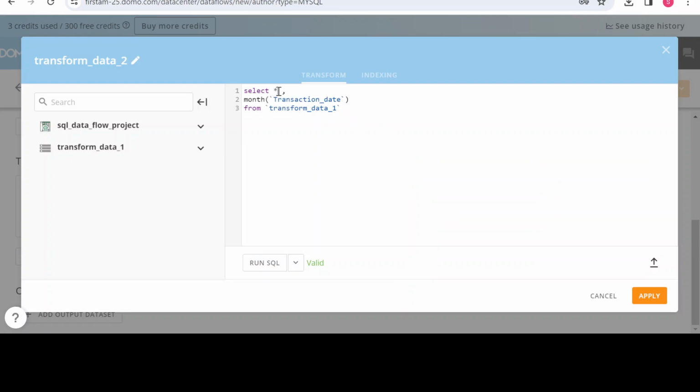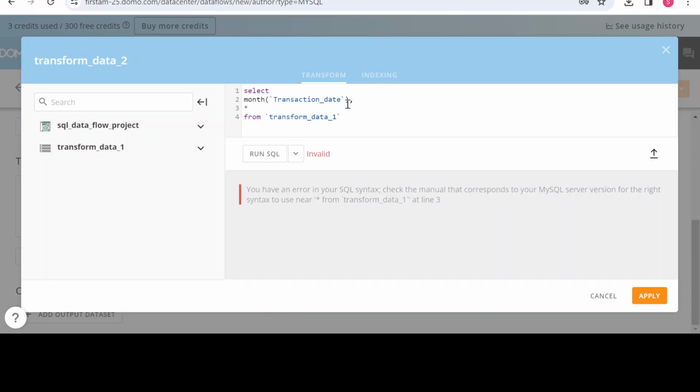In the preview it does not show all data, so I just want to apply a star after this. Sorry, this will not work. So star it, let's rename this as